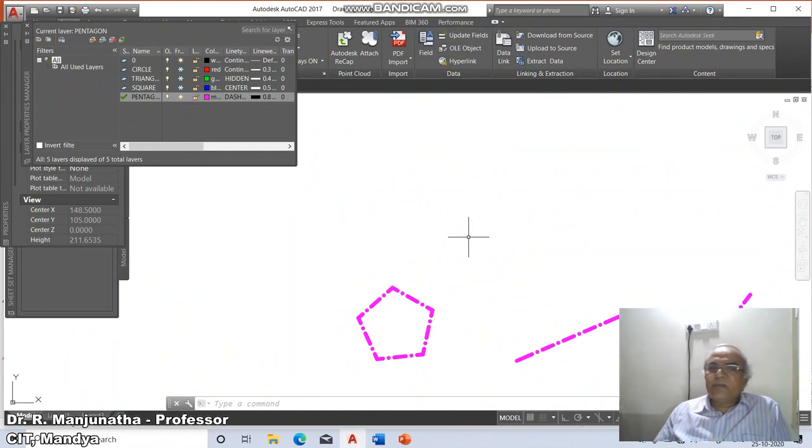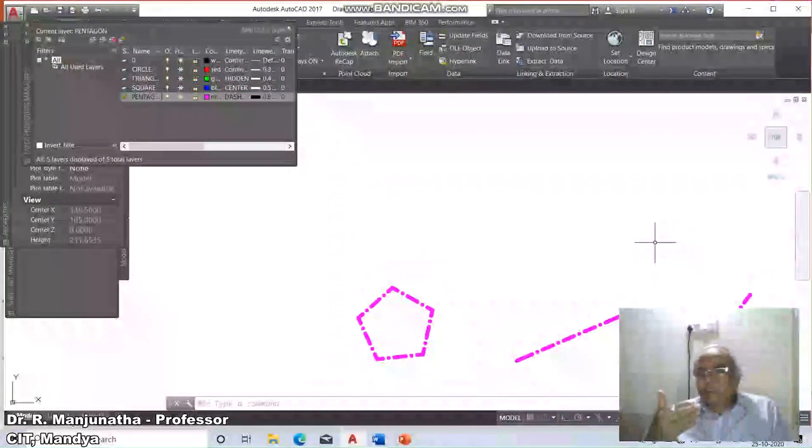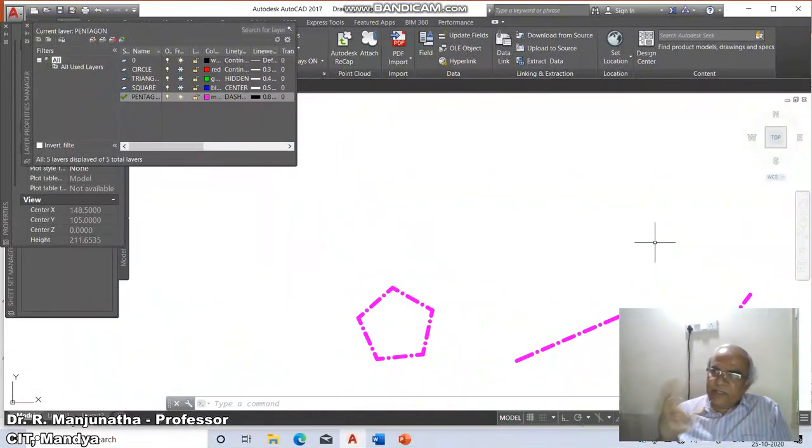Naturally, in application terms, when we have a list of assemblies and sub-assemblies, you create them in different layers, and whichever sub-assembly you don't want, you can freeze and take the printout. A very good application is in civil engineering drawings, wherein you have the pipelines, the electrical circuit, the sanitary circuit, all of which you can create in different layers, with your plan in a different layer and the electrical connections in different layers.